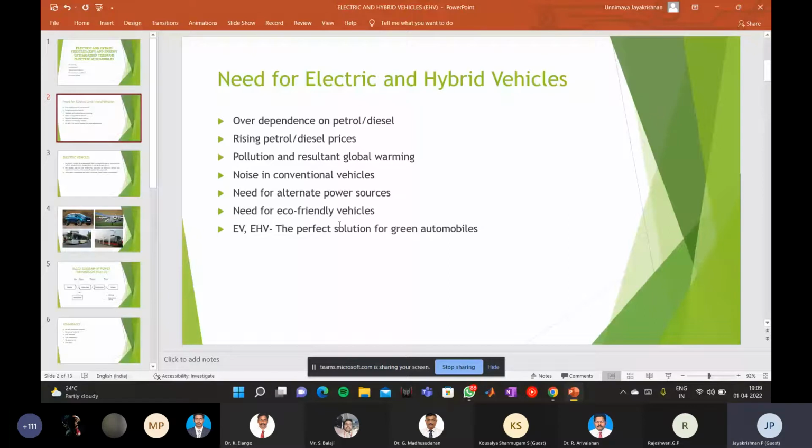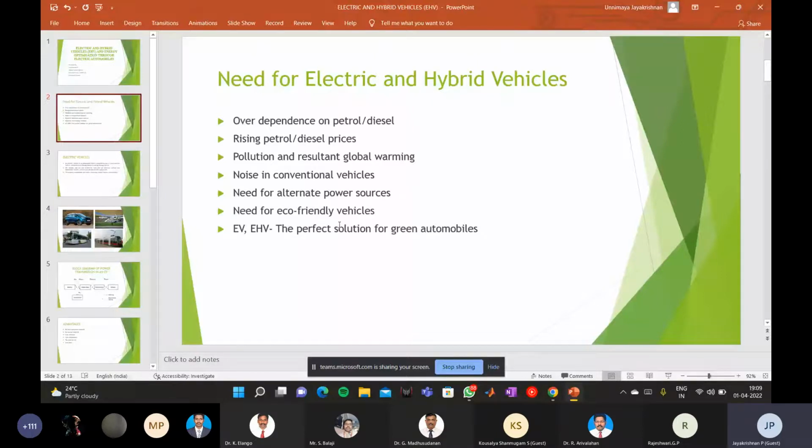If we use petrol and diesel like we are using nowadays, these prices will no doubt keep escalating in the coming years, because the demand is increasing but the supply is reducing. Every product is like that: prices increase when demand increases or supply reduces. So petrol and diesel prices will soar in the near future, and so we have to switch to